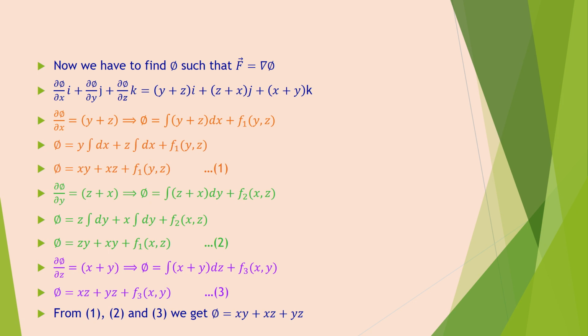It can be terms in x and y, maybe x squared y squared, x y cubed, or sin xy, etc. So yes, it is there in the first and second equations. We have the xy term directly; it need not be the same in all problems. So if you replace f3 of x, y with xy, you get φ equal to xz plus yz plus xy. So that is the